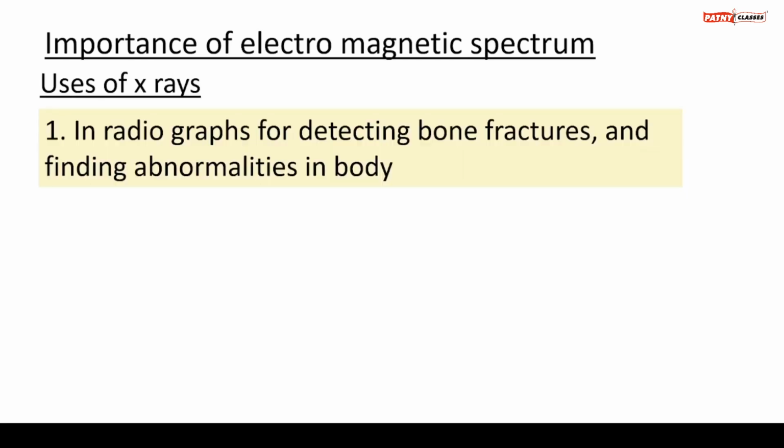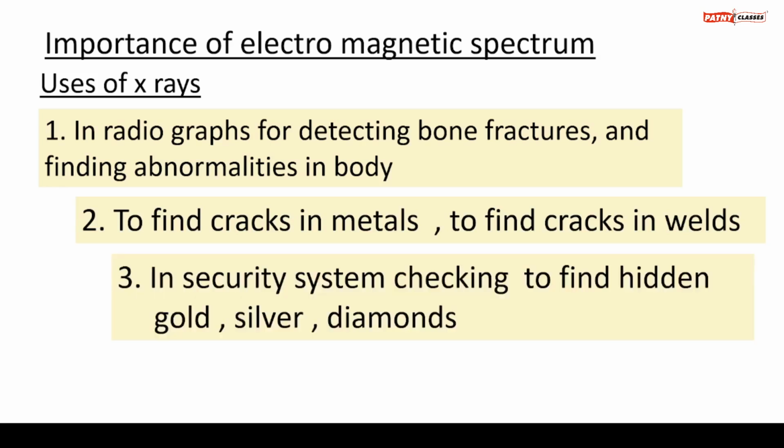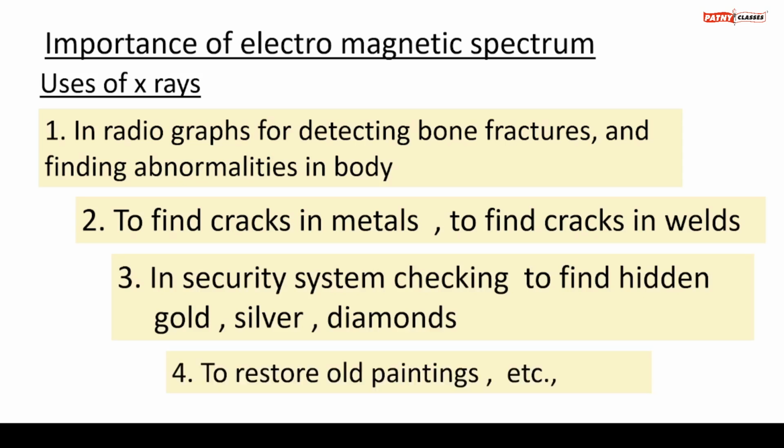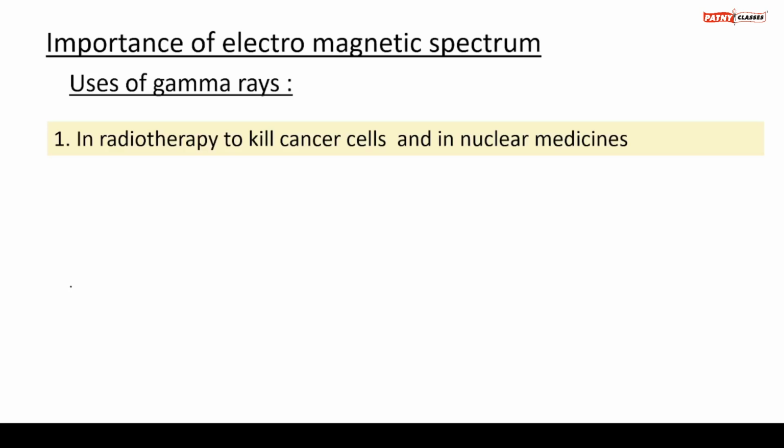X-rays are used in radiographs for detecting bone fractures and finding abnormalities in the body, to find cracks in metals, to find cracks in welds. In security systems, checking to find hidden metal such as gold, silver, diamonds, etc. To restore old paintings. Some common uses of gamma rays are: